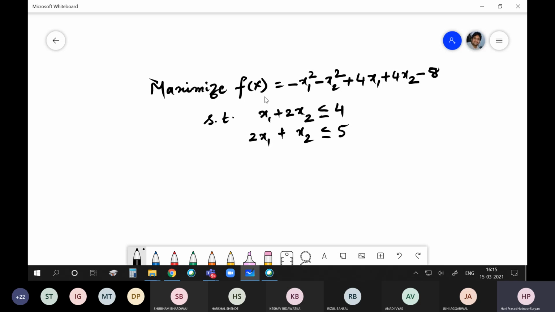Okay, first of all we have to prove for Kuhn-Tucker conditions whether this function is concave, because it's a maximization problem, whether it is concave or convex. So concave, how do we proceed first to prove that whether it is concave or not? What should we do? How can we prove that whether this function is a concave function or not?